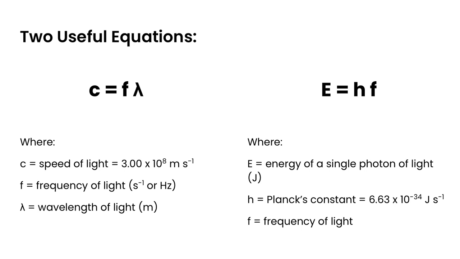wavelength or vice versa. The first equation that's going to be really helpful is the relationship between frequency and wavelength as it's related to the speed of light. So c is equal to f times lambda, or the speed of light is equal to the frequency that's given in units of seconds to the -1 or hertz, and then wavelength is going to be in meters. So usually we need to do some sort of conversion here from nanometers to meters or angstroms to meters in order to have the units in the correct format to be able to use this equation. Speed of light is given as 3 times 10 to the 8 meters per second, and this is a constant